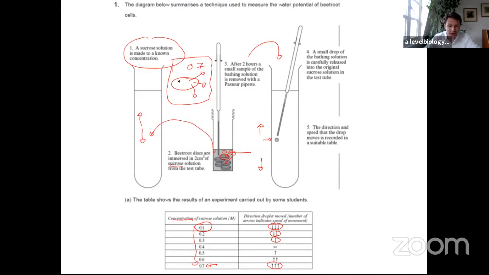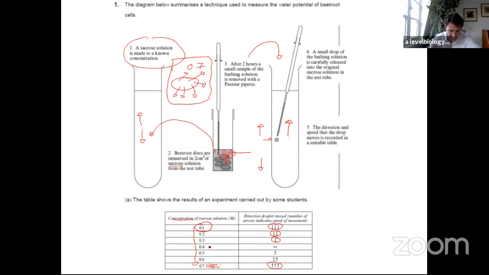Now, as the water has left and gone into the sucrose solution, it's meant that the sucrose solution is more dilute, therefore it's less dense, therefore it rises, which is why, when you put it in the 0.7 molar solution, take a droplet out, put it into the original solution, that's why